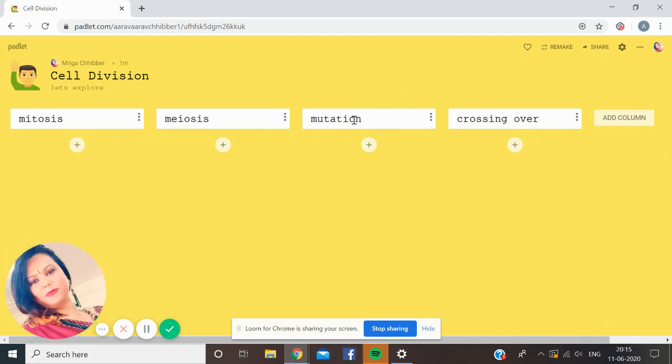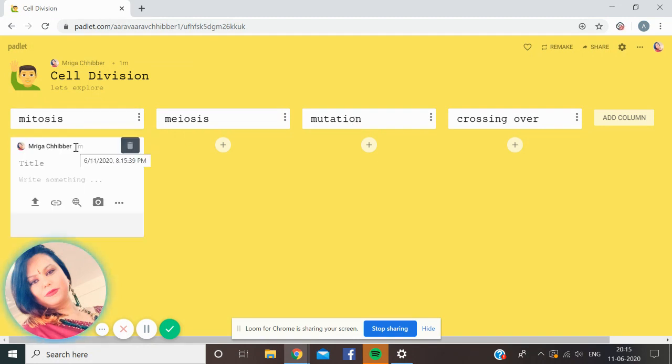They will see this. Now what children will do is, suppose roll number 1 is doing some exploration on mitosis, so he or she will just click this plus button. He or she will write the name. Suppose the name of the child is Sonal. She will write the name. She will write something, whatever she wants to write about mitosis, whatever research she has done, she can write it